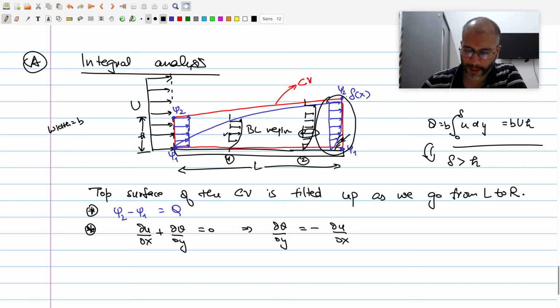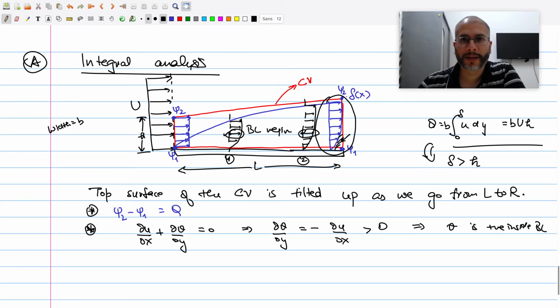That means that this value is going to be less than this value on the left. So this del u by del x is going to be negative. So that means del v by del y is going to be positive. And that basically means that v is positive inside the boundary layer. And because v is 0 on the surface and del v by del y is positive, as you go up, v increases. Because v is positive, the flow is not along the x direction, it is tilted like this. And that is exactly what we see on the surface of the boundary layer.